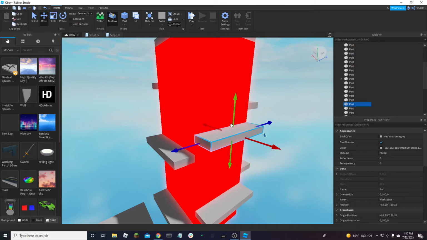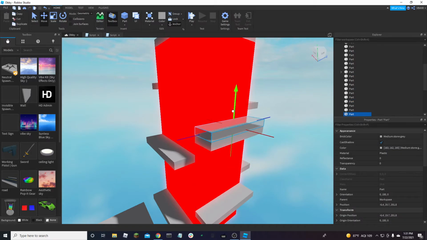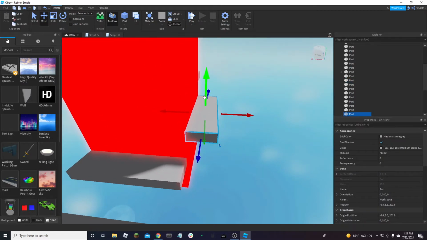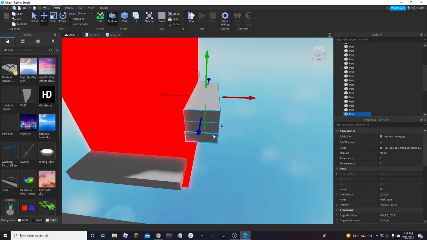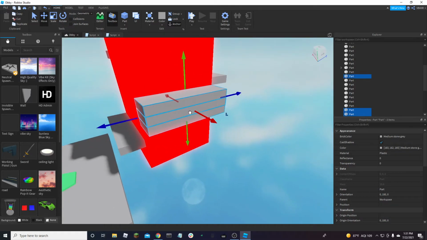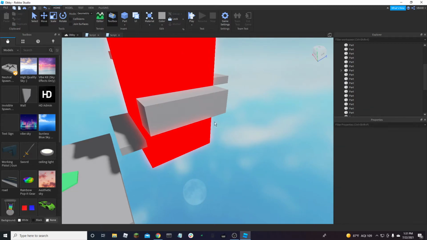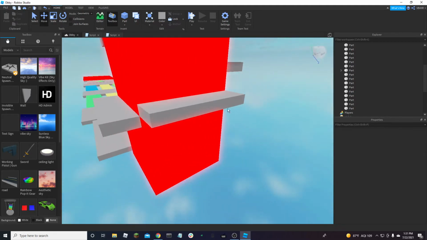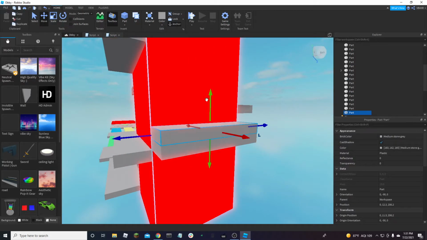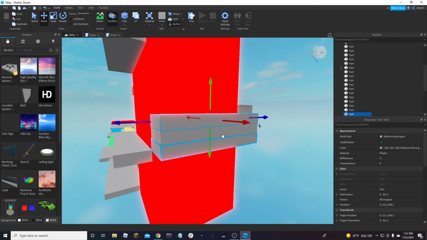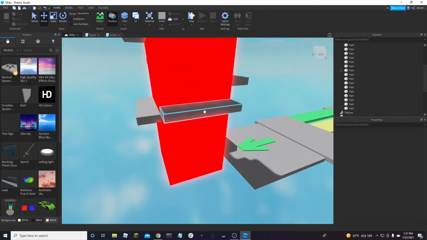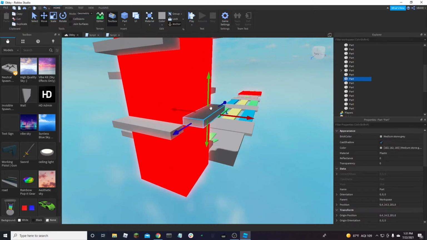I think I'm going to be making everything a bit higher though. Like another 2 higher. And it doesn't really matter. You guys can just skip this part. I'm just going to be changing this a bit more. Actually,